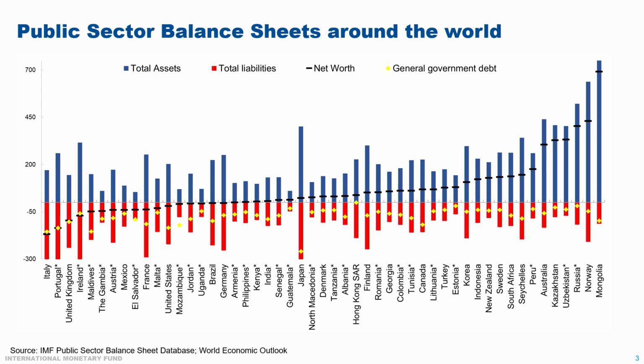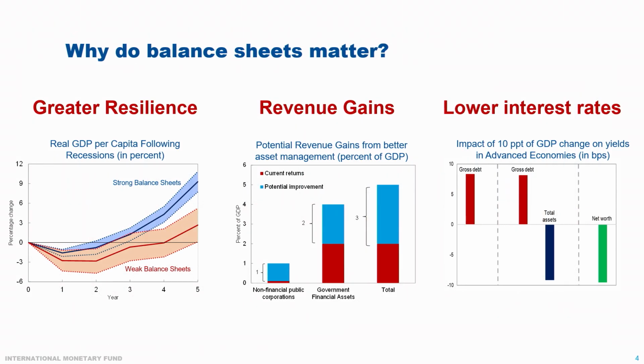So why does it matter? Why do we care about this? Well, at the fund, we didn't just collect the data, we wanted to answer this question. One thing that we know is that having negative net worth on a static balance sheet, as the accountants say, doesn't mean you're insolvent like a private company. You've got a really big asset sitting there, which is your ability to tax in the future. So how do we account for that? More on that later, and I think we've touched on that with some of the work that Bob's done.